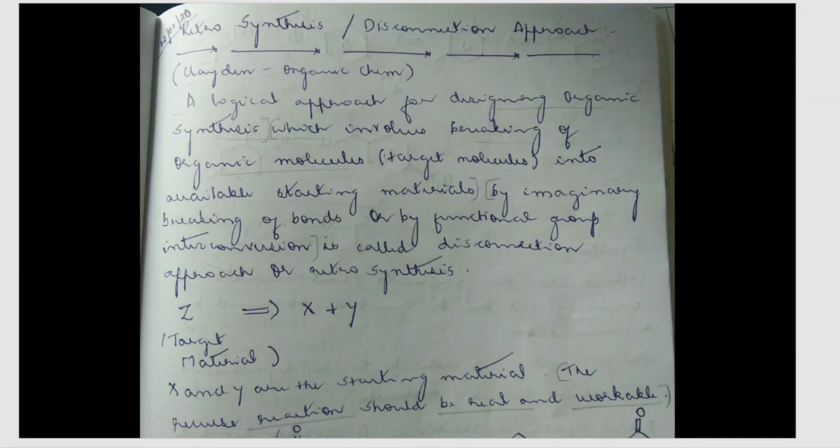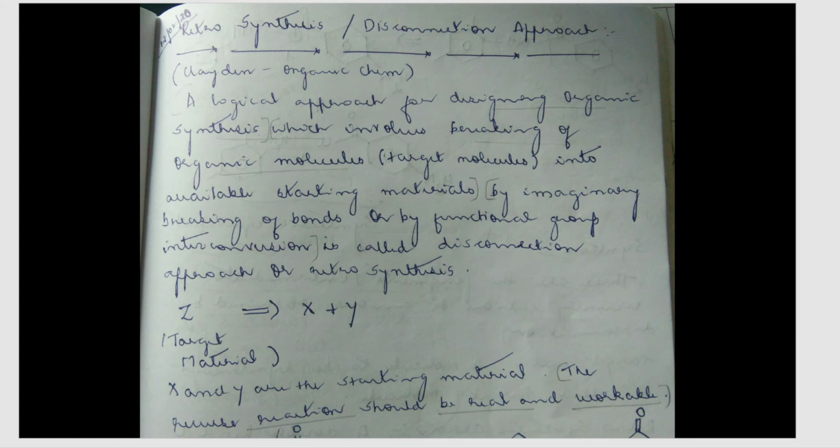So in this video, I will be starting with Unit 3 of Organic Chemistry paper, that is retrosynthesis or disconnection approach. So far in organic chemistry, you might have studied that you are synthesizing a product and you will have 2 or 3 reactants. Maximum will be 2 or 3, 4 reactants also. So what you're doing, you're taking the reactants and then you're making the product.